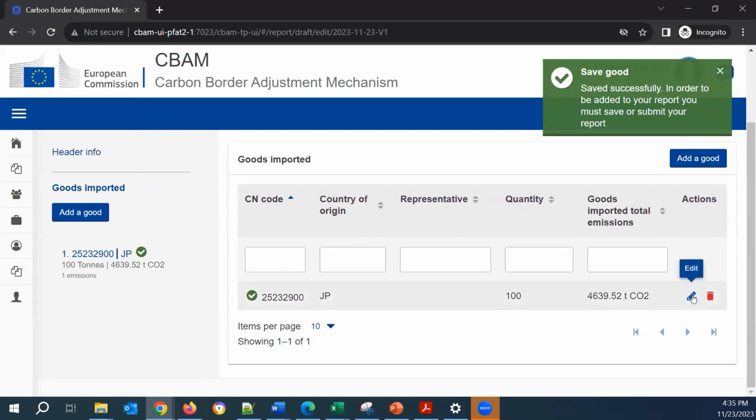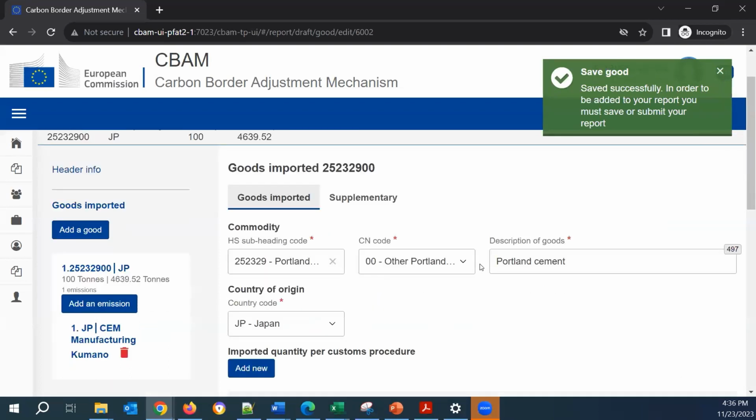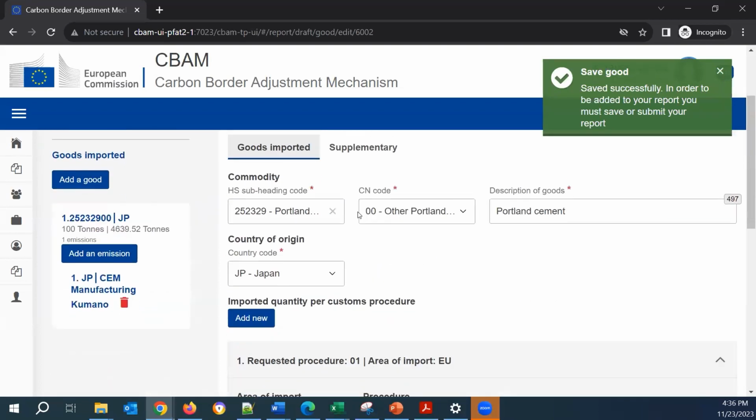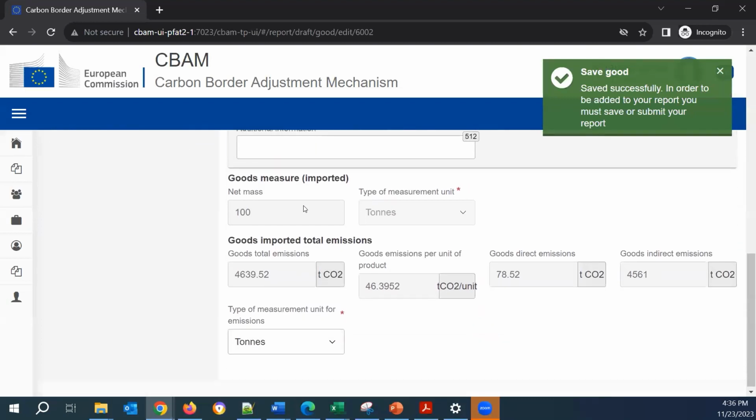If we edit our good once again, and we go further down, we will see that the goods measure imported is now filled with the sum of the goods measure from each emissions entry.